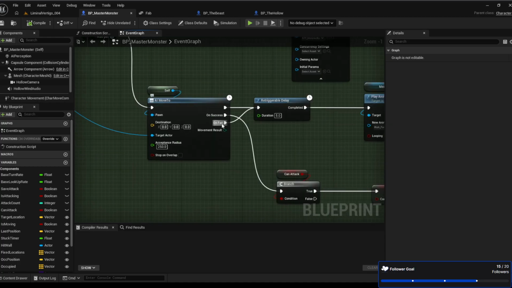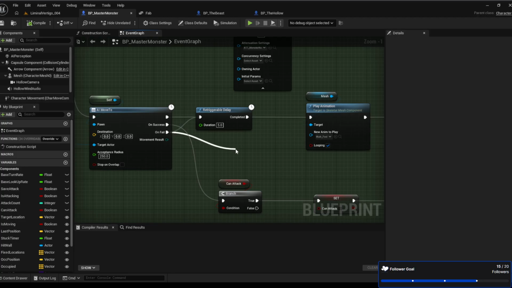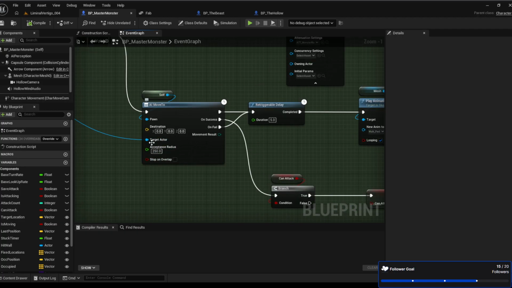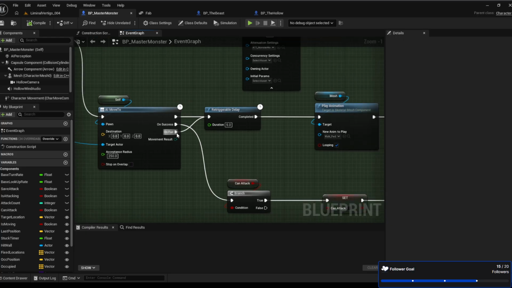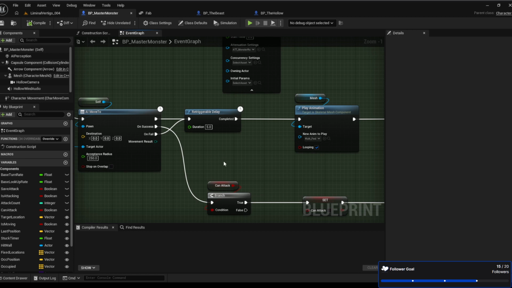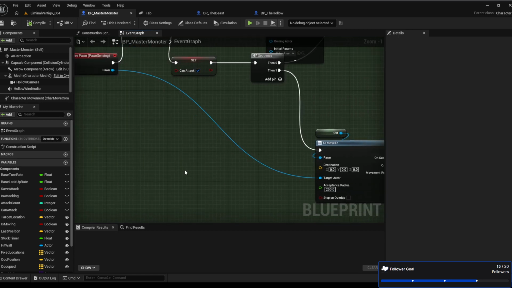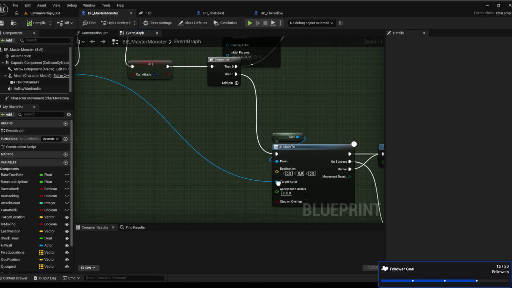I want the monster to save the location where they last saw the seeker, and then on fail, if they cannot reach the seeker, go ahead and move to the last known location of the seeker. So in order to do that, I think I want to create